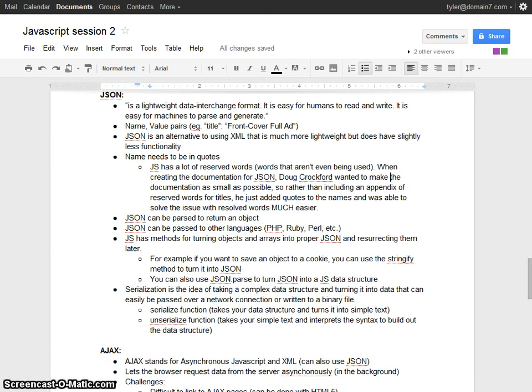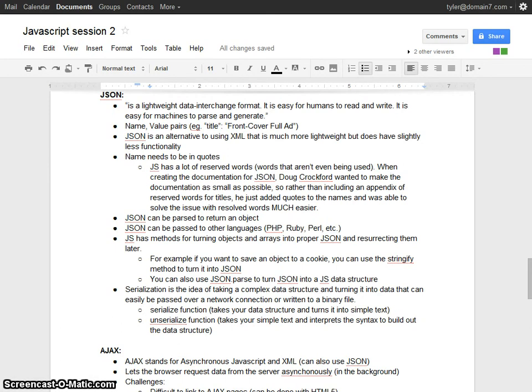And so if we pass a JSON file to a PHP file, that PHP file could parse the JSON and take our object data right out of JavaScript and understand it immediately inside of PHP's own data structures. Likewise, Ruby and Perl can also work with JSON, so JSON is a great way of passing data between languages and easily being able to convert it and understand it within the particular language that we're working in.